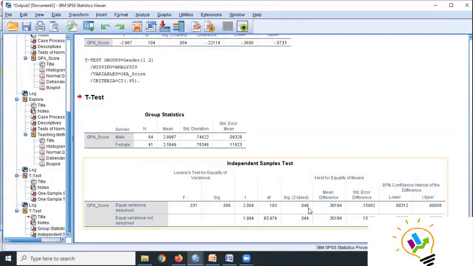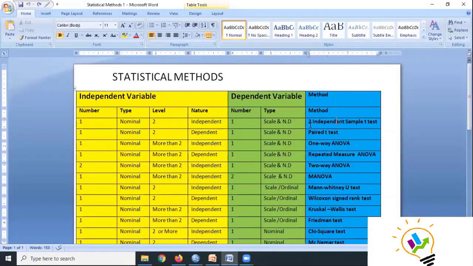In data analysis, the first point when I started analysis, I said we need to check first the data type. Second is measurement type. If the data measurement type is scale, you must see whether data is normally distributed or not. And if the data is normally distributed, under the condition that the independent variable, gender, has exactly two levels, I'm using the independent sample t-test. So these conditions must be taken into consideration before we start the test.